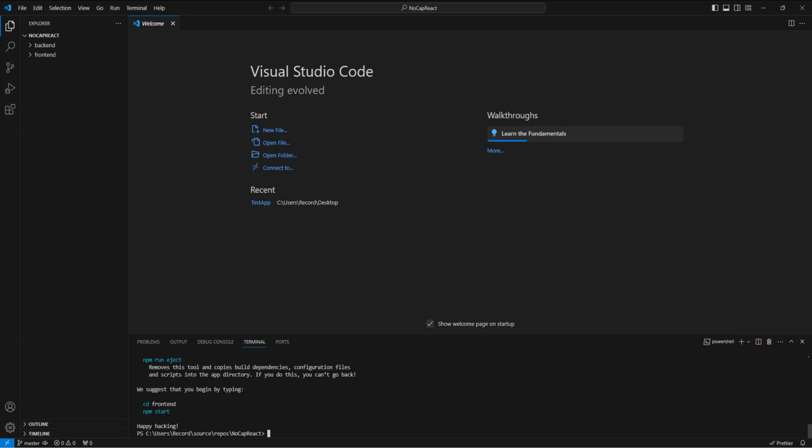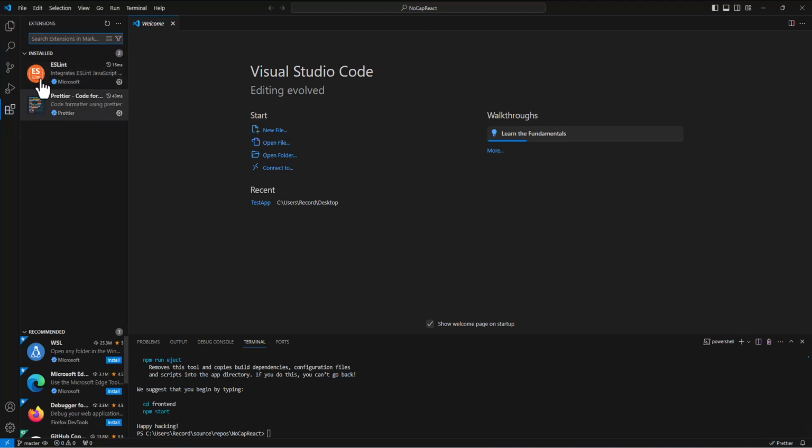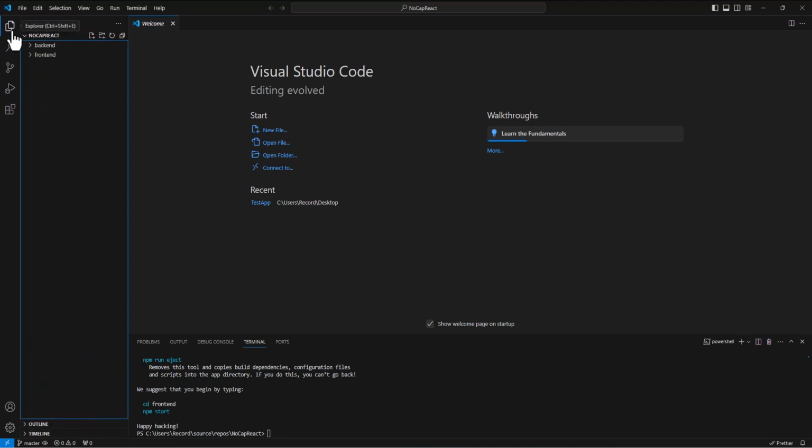All right, so we've got that set up. Now, part of the setup that we did last time was going in and installing Prettier and ESLint and whatnot. Now, if we come in and look now, they're already installed. We installed those globally. They should be set up and ready to go. And so we shouldn't need to do anything other than if we want those same rules in force, then in